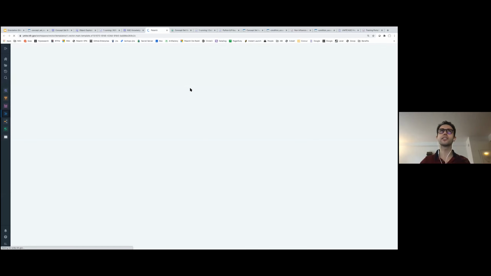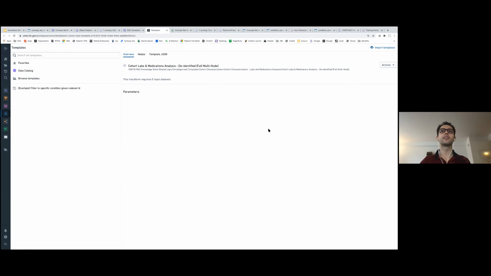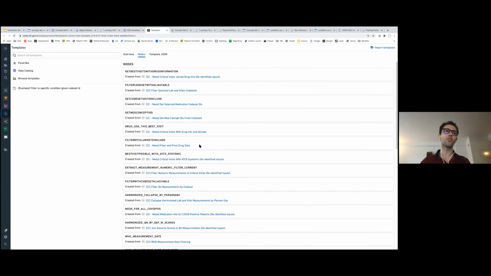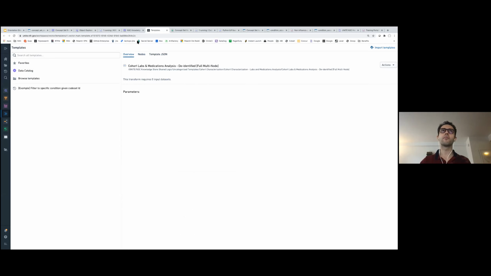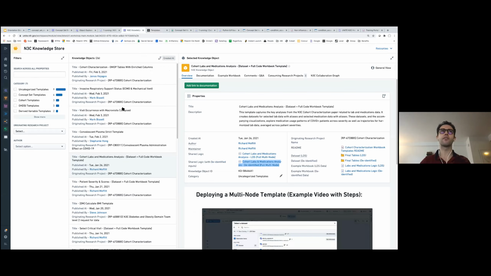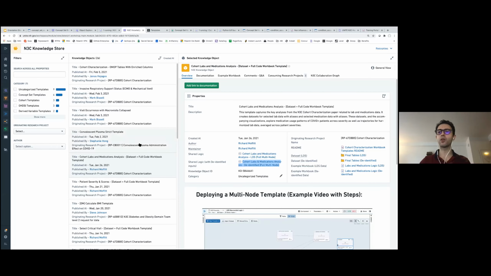If I click on it, it basically just gives me a description of, this is a more complex template, so it has multiple nodes. But basically, it's a description of all the templates available. Knowledge objects can be Code Workbook templates, but they could also be just data sets that are shared or shareable, or documentation. One of the useful ones, I think, is